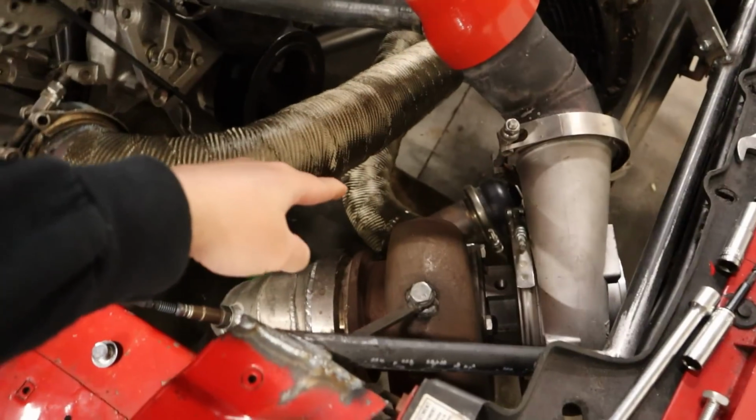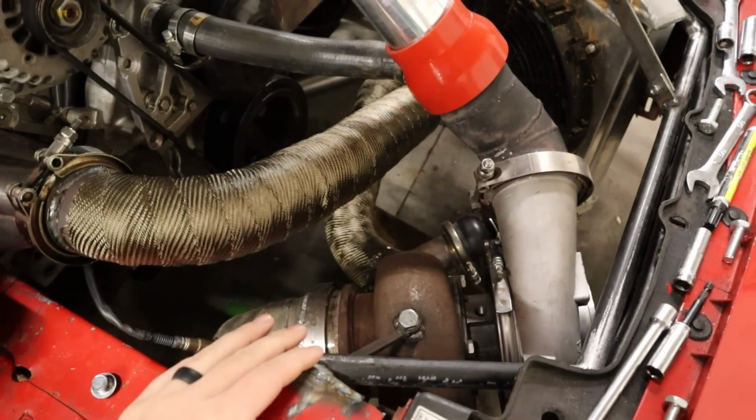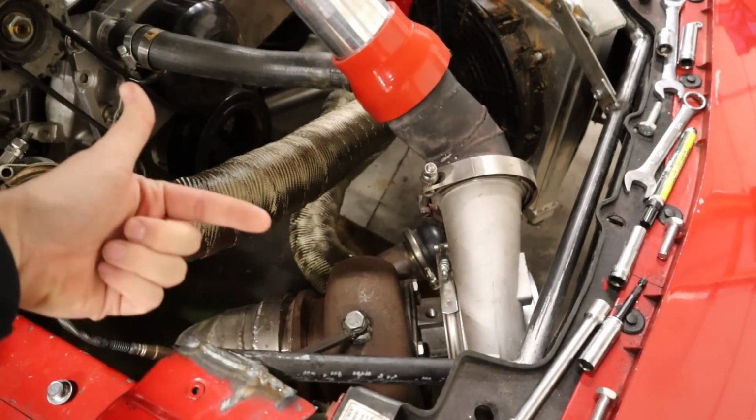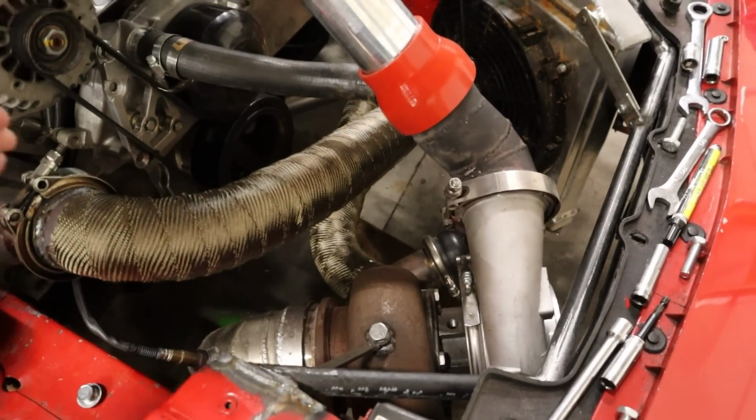If you can put it after the merge in pretty good flow priority, that's always perfect. What I mean by flow priority is the airflow coming from the engine into the turbo can flow into the wastegate really easily. Now, if we look at this turbo kit, I would say that wastegate has pretty decent flow priority. The piping curves right towards it, and a pretty good amount of air is going to be able to get